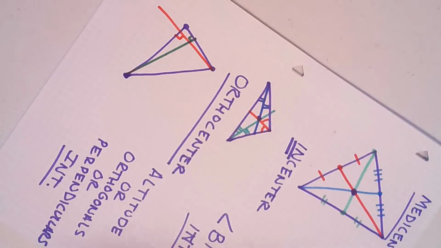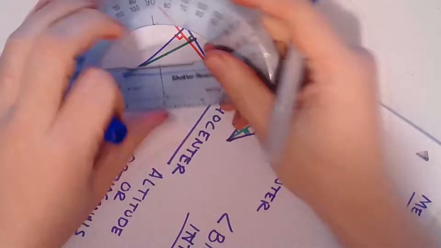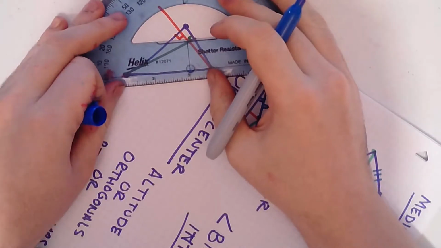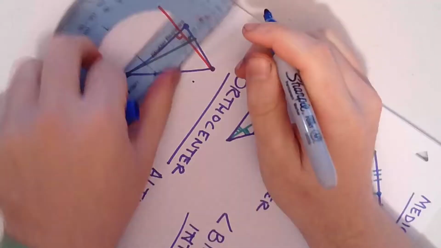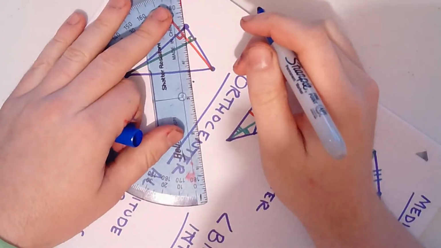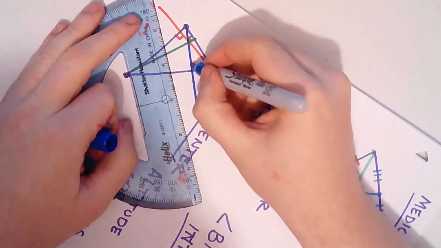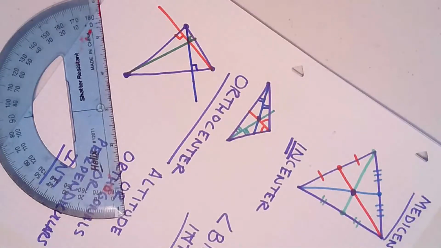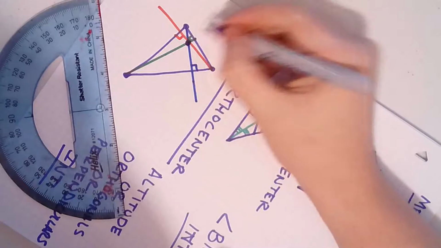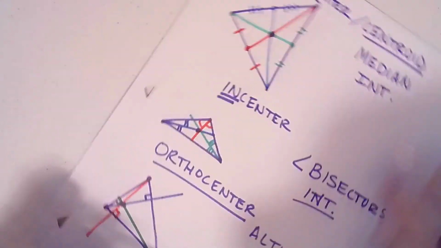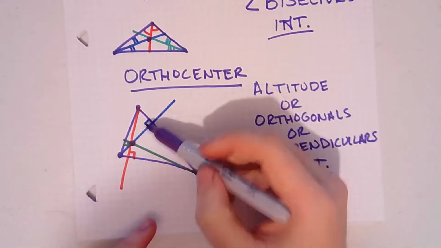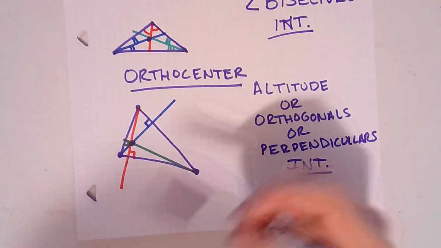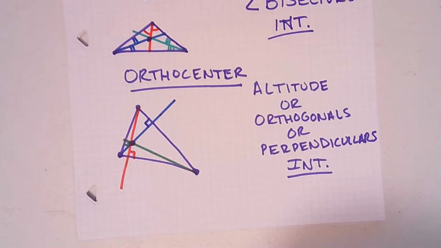I'm going to do that in blue this time. So finding the point here, looks like, where if I draw a line from there to there, it'll hit this at a 90-degree angle. And for this triangle, the orthocenter happened to be inside the triangle. So it's at the intersection of all of our orthogonals, or our altitudes. The lines that drop from the vertex and hit the opposite side at 90 degrees, their intersection was here